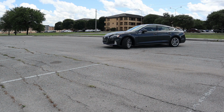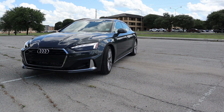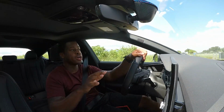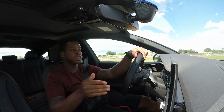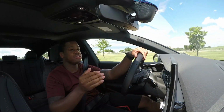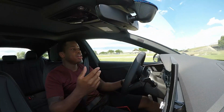The handling is sporty enough. The braking, sporty enough. This will not leave you confused that it's trying to be a sports car. And I love that. It doesn't seem like it has an identity crisis, where a lot of other cars, they're trying to do so many different things at once that they lose sight of the fact that you're either a sports car or a luxury car that's a little sporty, but you can't be a luxury sports car and have an identity crisis. Otherwise, you end up with a car like a fully loaded 370Z Touring that leaves you confused